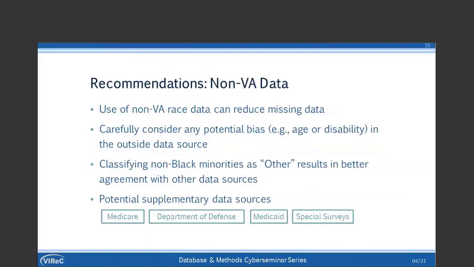Use of non-VA data can reduce missing data. You do want to carefully consider any potential bias, such as age or disability, in the outside data sources. So I think that the Medicare data is the easiest data for us to obtain, but we know that there are biases in who has Medicare data available. You may need to classify and collapse categories in order to get better agreement or even to match up between other data sources. Potential supplementary data sources include Medicare, DoD, Medicaid, special surveys,